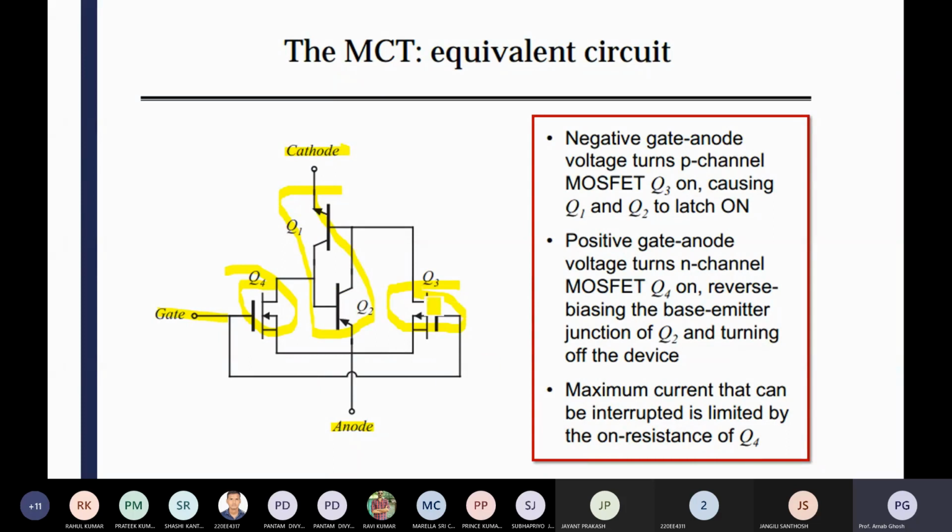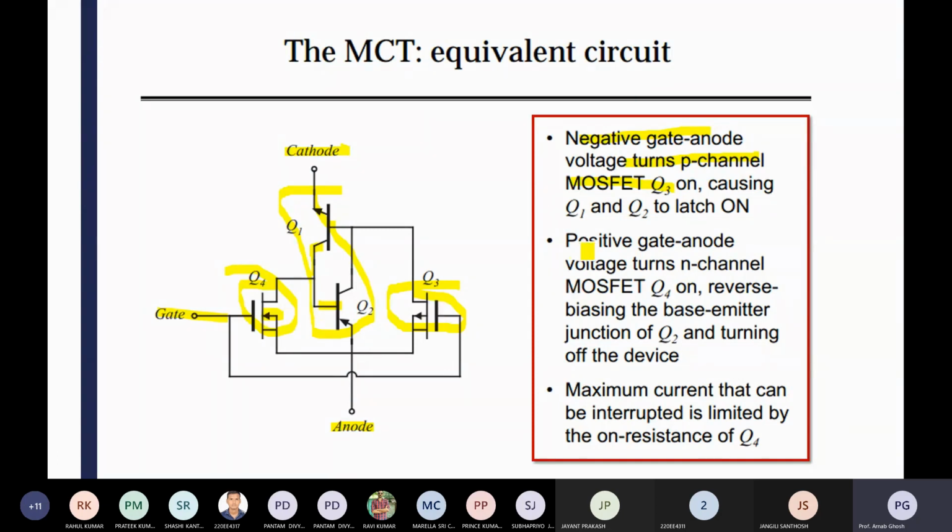So a negative gate-anode voltage turns on the P channel MOSFET, that is Q2, and Q1 is the N channel MOSFET. A positive gate-anode voltage causes Q1 and Q2 to latch. A positive gate-anode current will turn off the N channel MOSFET. Q3 is the P channel MOSFET and Q4 is your N channel MOSFET.